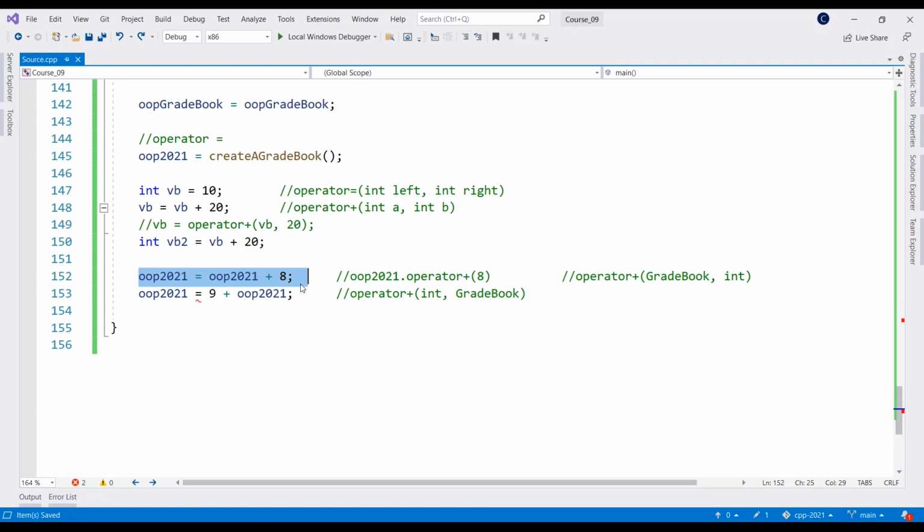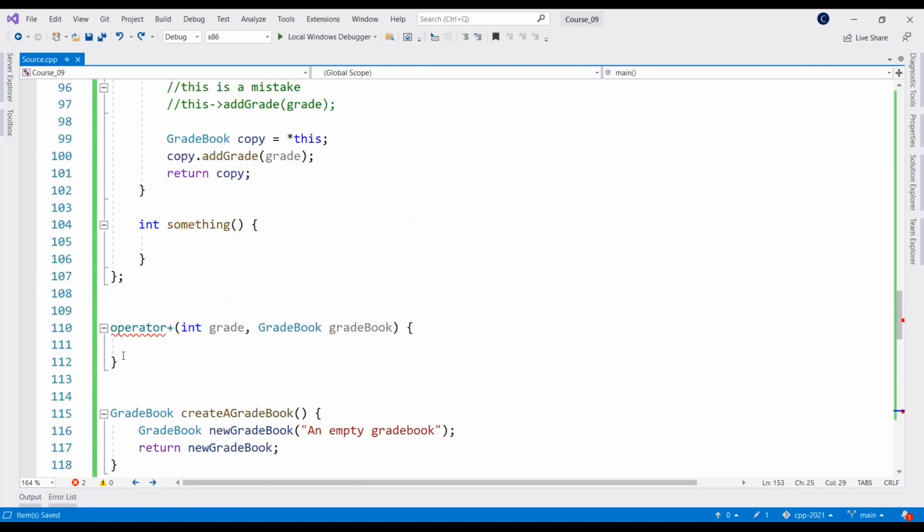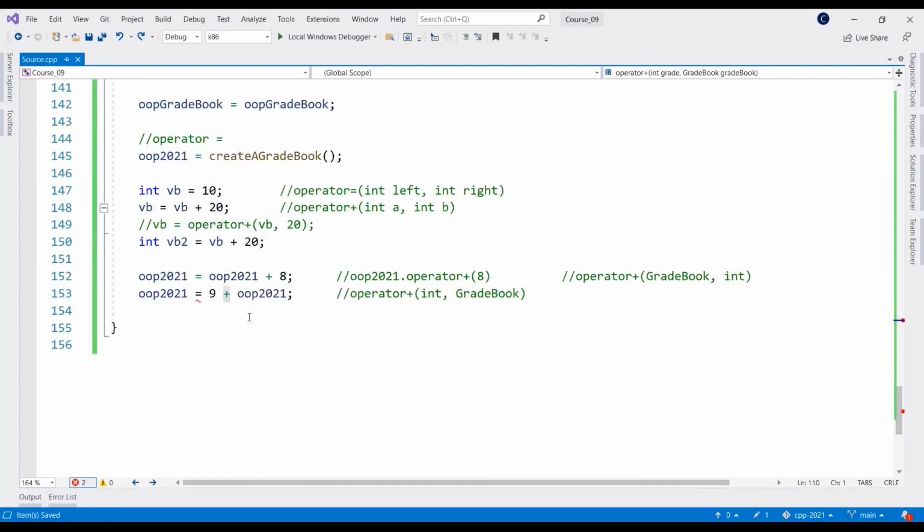So you can stop here. But if you also want to provide the commutative version, which actually means we know that plus is commutative, which means this plus this should also work in reverse, like an integer plus a gradebook. Then if you want to provide this version also, then you need to provide a different overloaded version. And this is what I want to show you, that sometimes if you need to overload an operator and the first argument of that